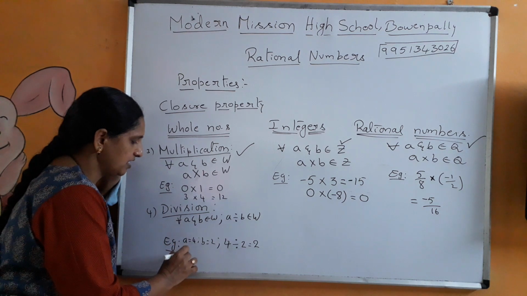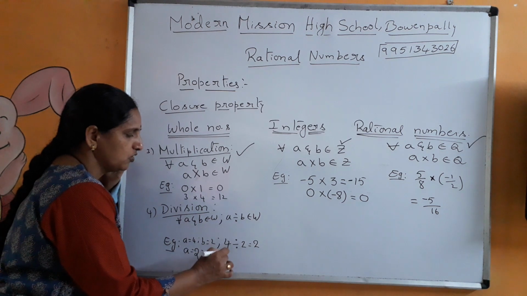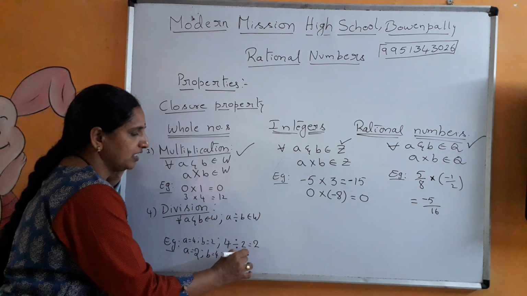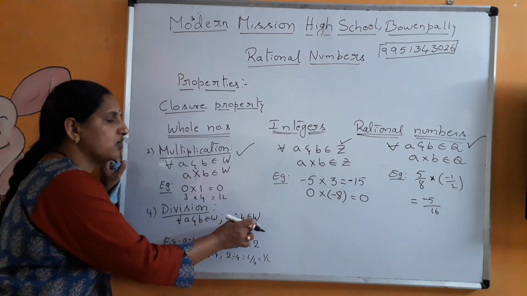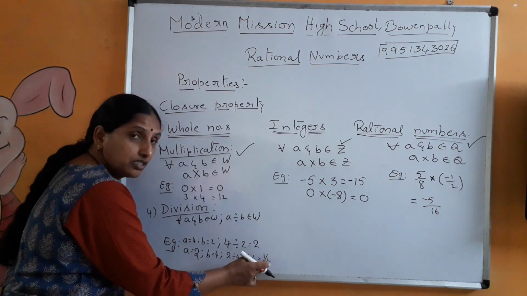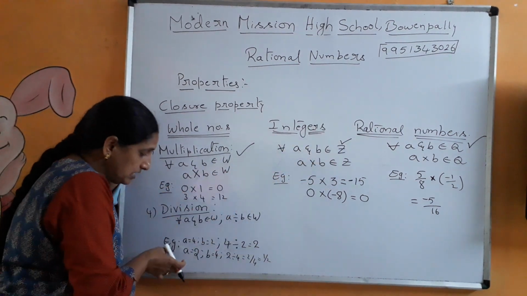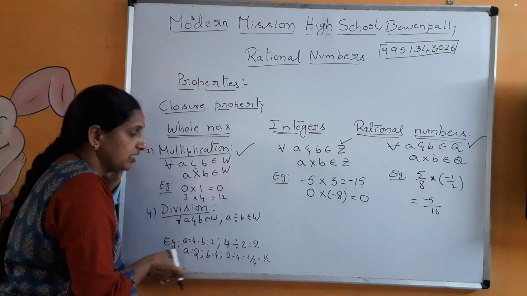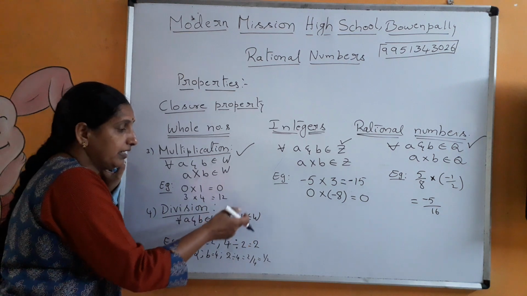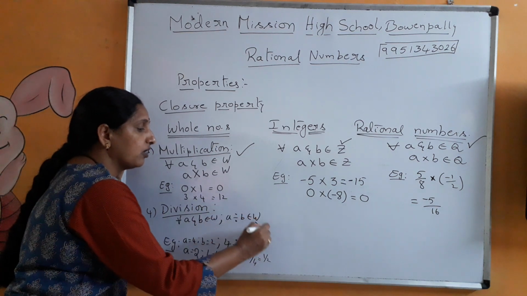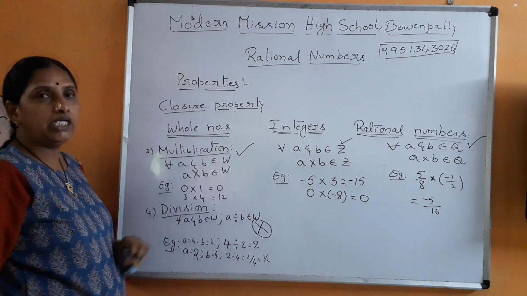Now see, same thing, just to reverse it. a is equal to 2, b is equal to 4. So it is 2 divided by 4. What is that equal to? 2 by 4, which is equal to 1 by 2. 1 by 2 is not a whole number. 1 by 2 is a fraction. It is in the form of P by Q, Q not equal to 0. That means it's a rational number. This is right only, there is no wrong in this. But this is not a whole number. So therefore what we are saying here, that a by b is always a whole number, is wrong. False. So therefore they do not obey closure under division.